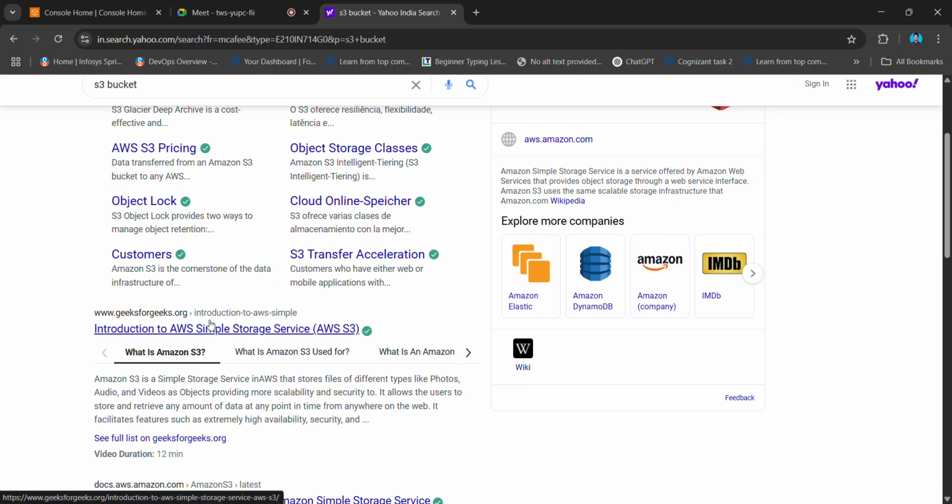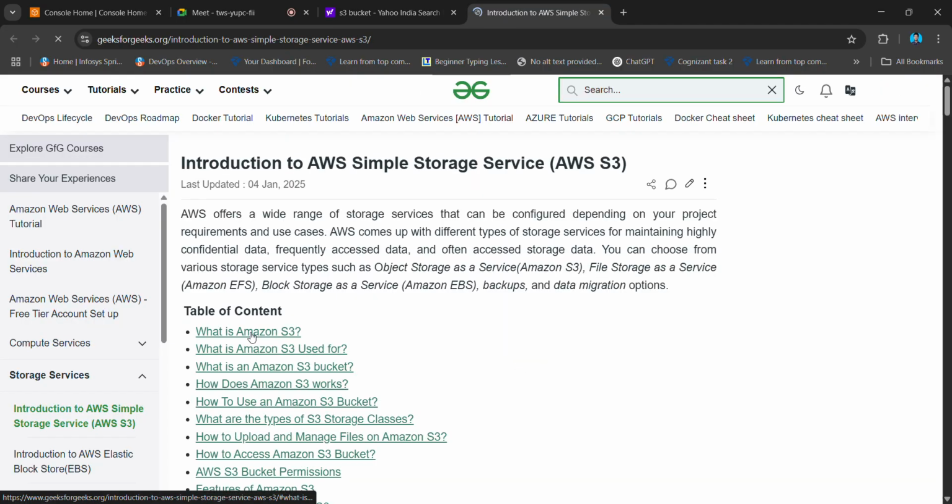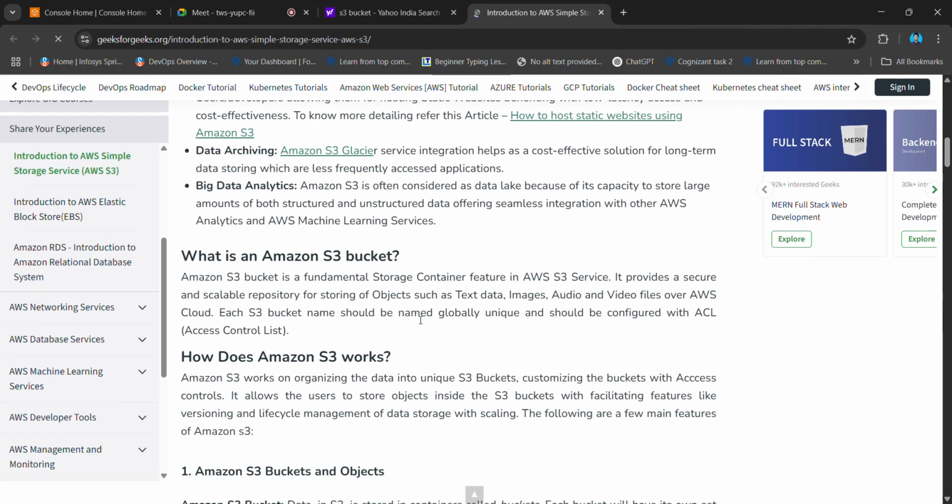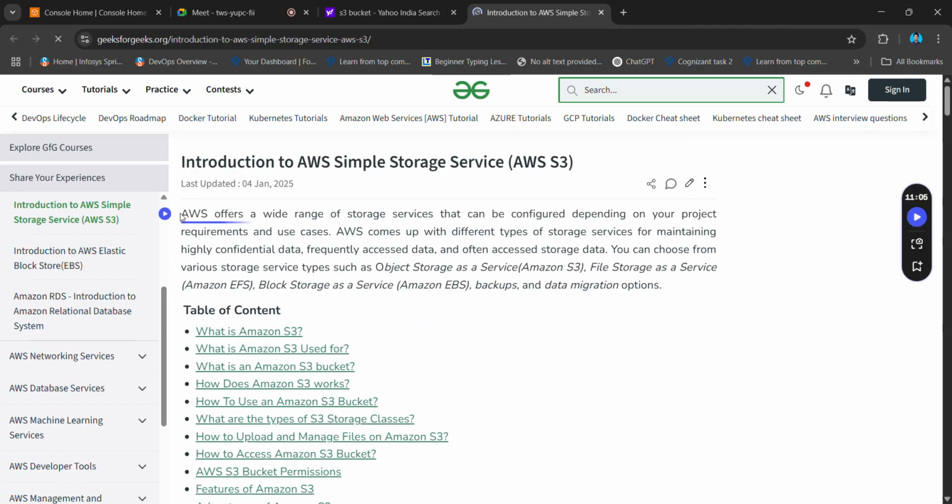So this gives us a better understanding. S3 stands for Simple Storage Service, which is provided by AWS. AWS offers a wide range of storage services that can be configured depending on your project. Actually, to summarize everything, if you want to store something on cloud and retrieve it very quickly, S3 can be